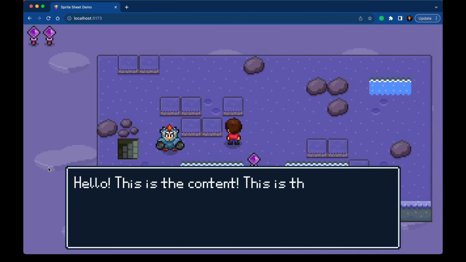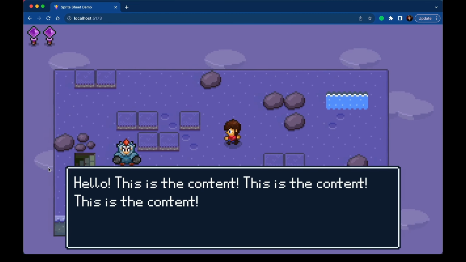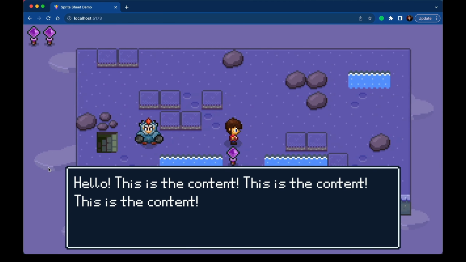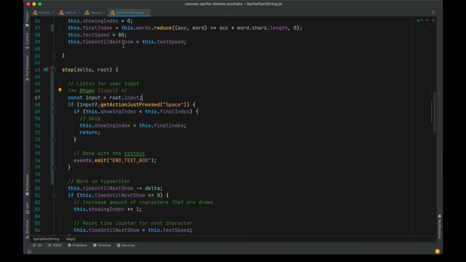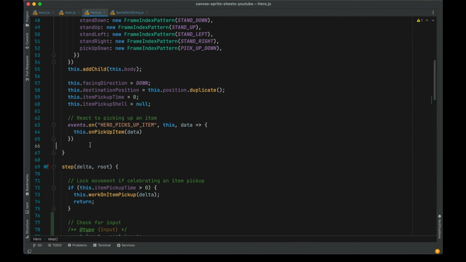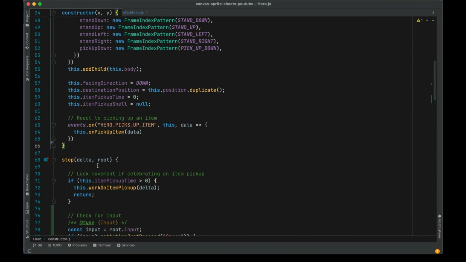Also notice that you can walk the hero around as the text is still rolling out, and we really want him to be locked in place while anything like that is happening. So we can quickly add that feature to the hero, again, using the event system. So back to the hero, we can go ahead and extend his ready method that we're not yet using. So right under the constructor there,